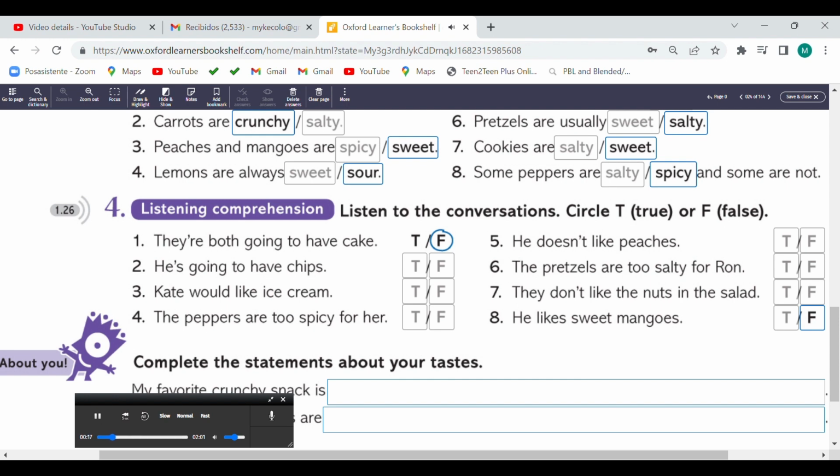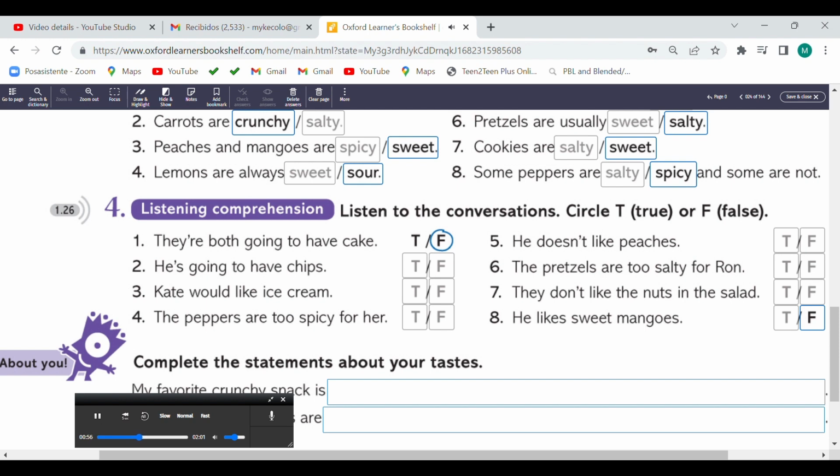1. I'm in the mood for something sweet. Me too. What about a little cake? Sounds good, but I'd like some cookies. Okay, let's both have cookies. 2. I love chips with a sandwich. Do you? Not really. I like pretzels. Well, you can have pretzels and I can have chips, okay? Okay. 3. Hey, Kate, would you like some ice cream? I don't think so. I think I'd like something salty. What about a little cheese and a few crackers? Definitely.